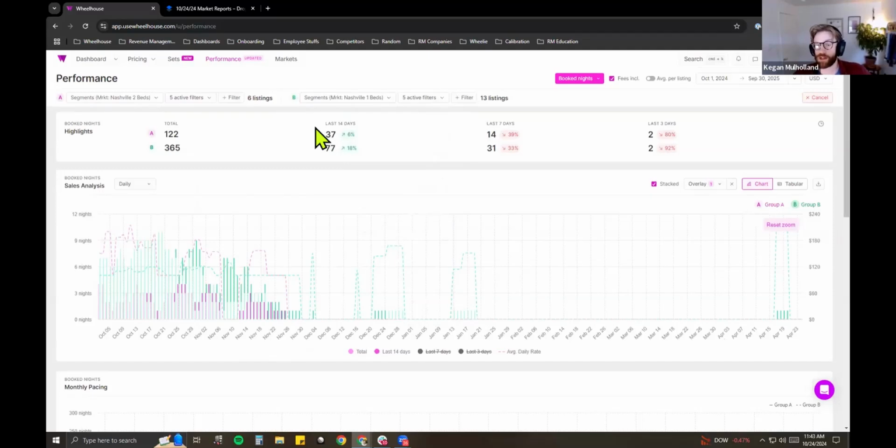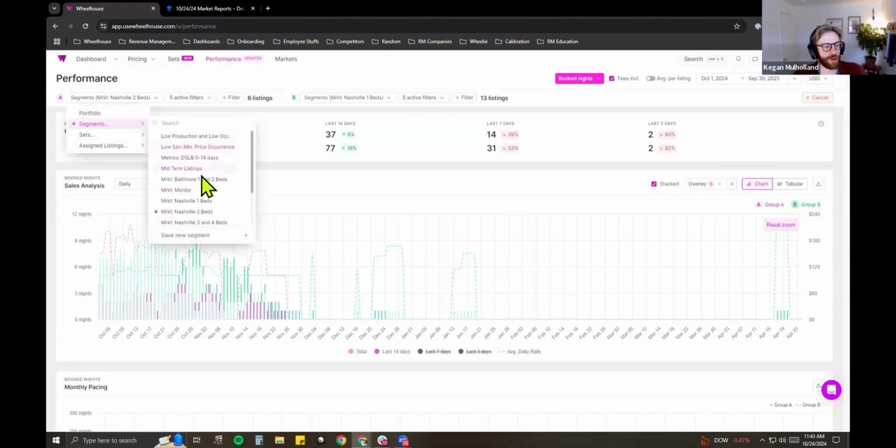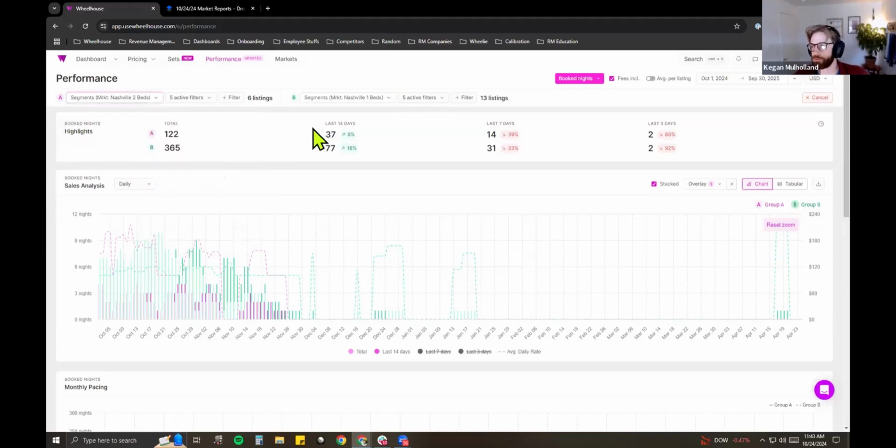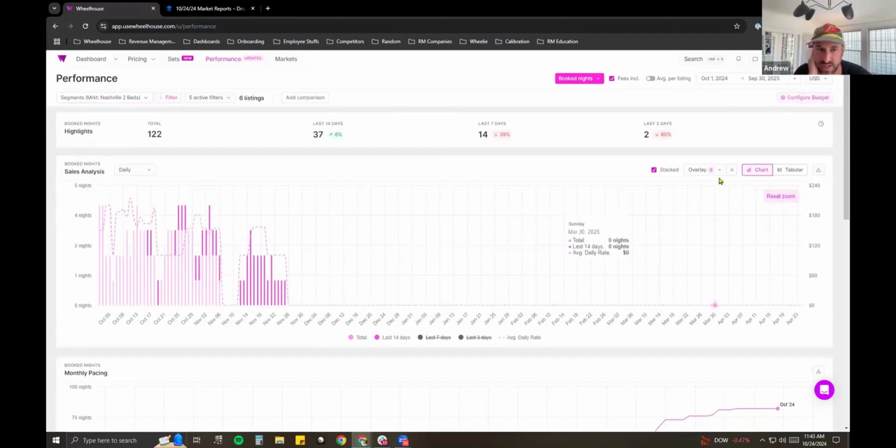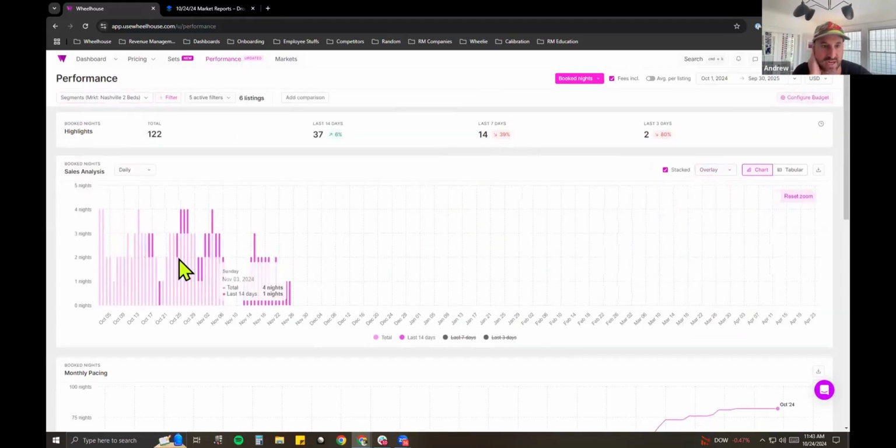I'm not going to spend as much time as I want on the performance page because I love this page, but it's not the main focus. But I just wanted to showcase a bit how you can use those segments and bring them over here to the page. And Keegan, just to keep it simple for a second, let's strip out the overlays and zoom in on a weekly level. And I'd love to run that.